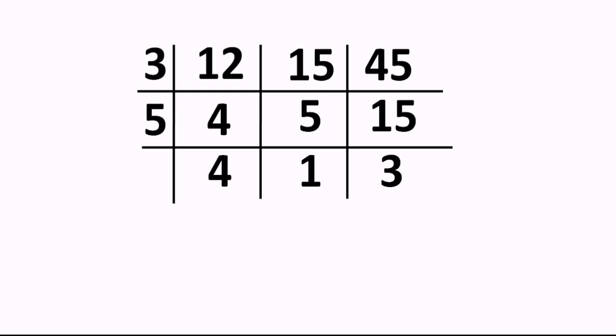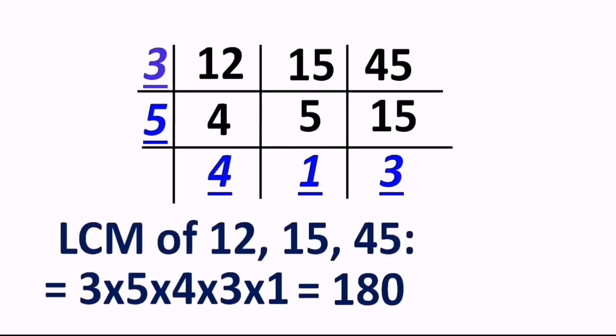So what we have to remember for the LCM of three numbers is that if we have two numbers in the list which are divisible by some number, then we have to carry on with the division. We are not supposed to stop. Now no two of the numbers 4, 1 and 3 are divisible by any other number, and that is the end of our working. That makes our answer for the LCM 3 times 5 times 4 times 1 times 3 in product form. So the LCM is 3 into 5 into 4 and so on, and that results in the answer 180, and that's how we find the LCM of three numbers.